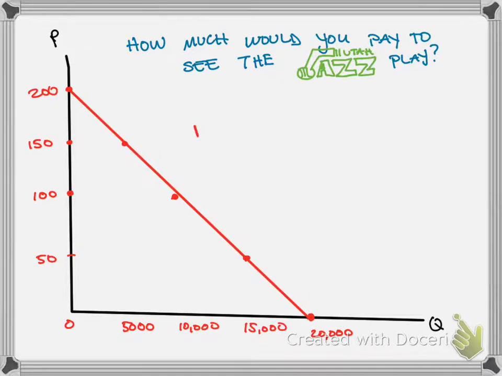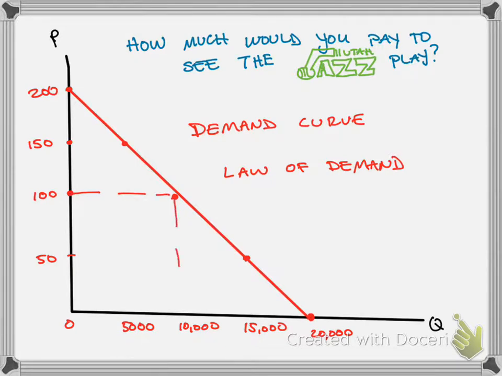And this line is called, well, let's do it so we can write, the demand curve. So the demand curve just represents the consumer's willingness to pay to buy the product. And what's really cool about the demand curve is it will always be downward sloping, because the law of demand says that if the price, so here the price is 100 and the quantity was 10,000,